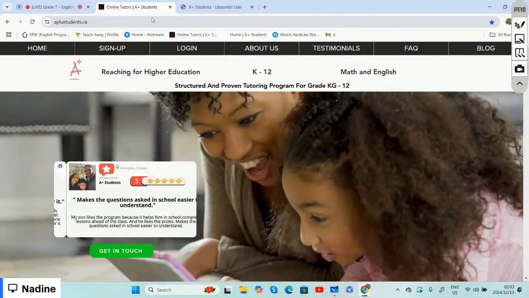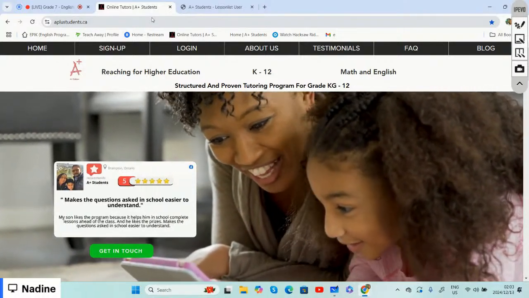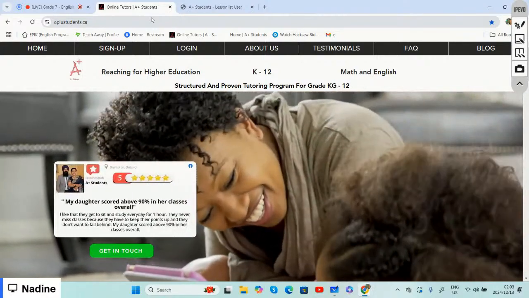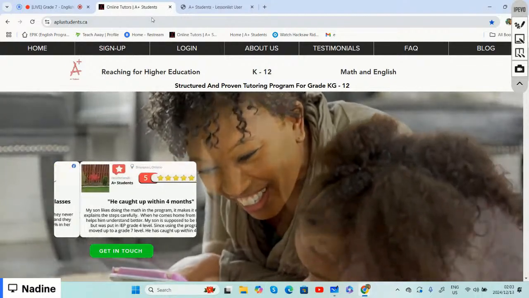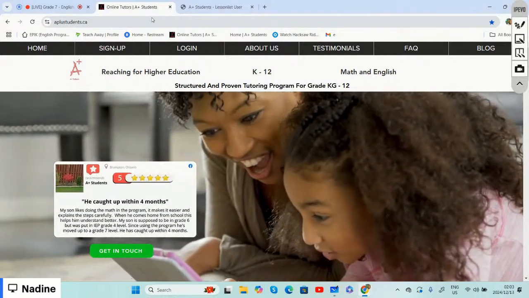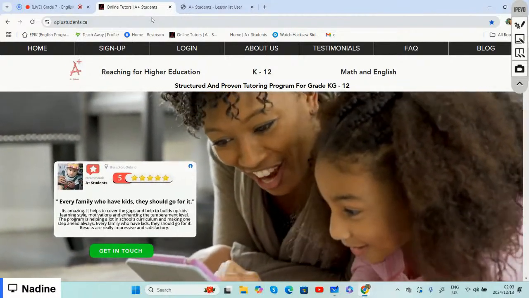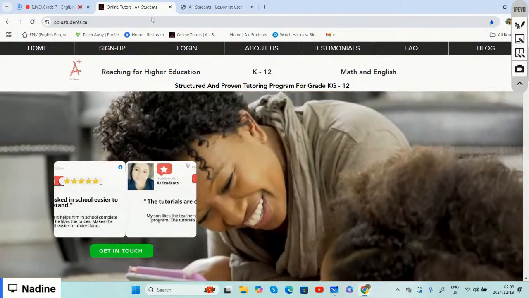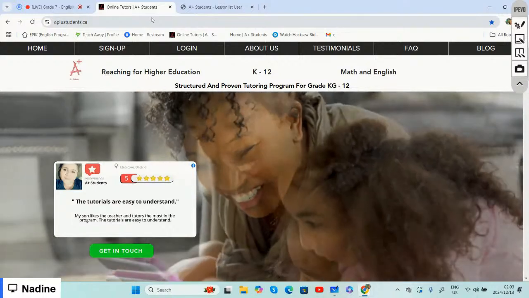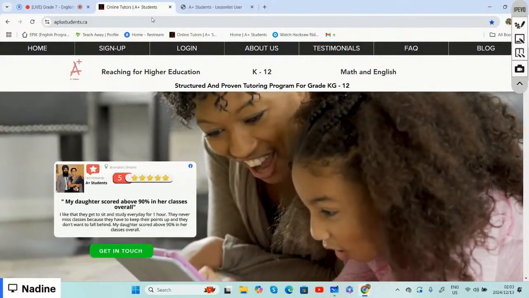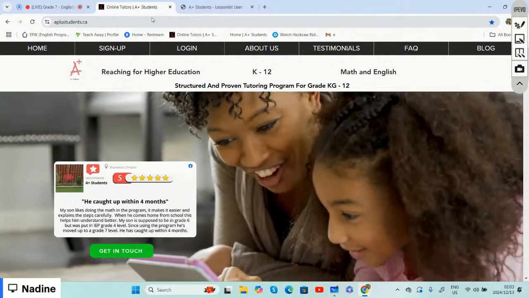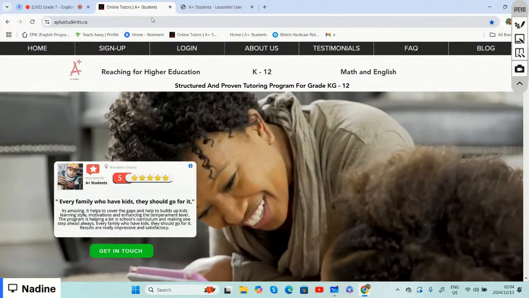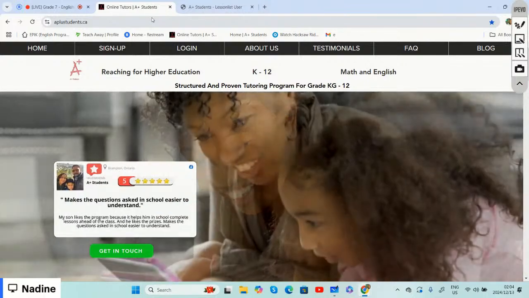Today, we'll be doing our grade 7 English lesson on prefixes. Before we start, we're going to log on to aplusstudents.ca. Once you've logged on to aplusstudents.ca with our username as well as our password,